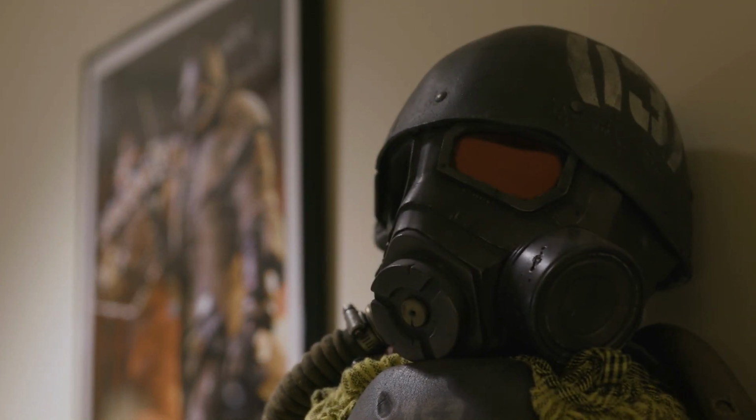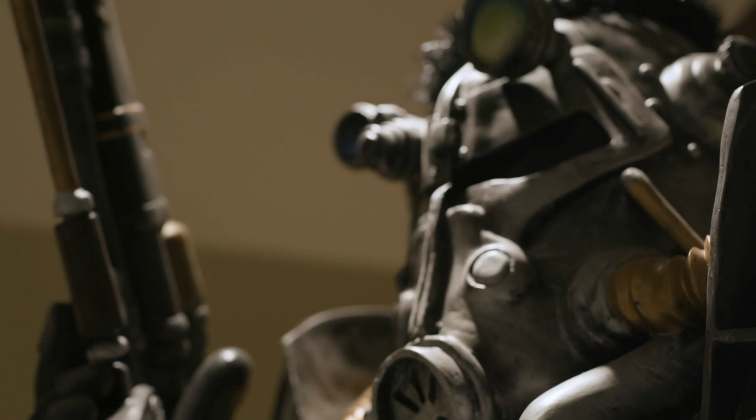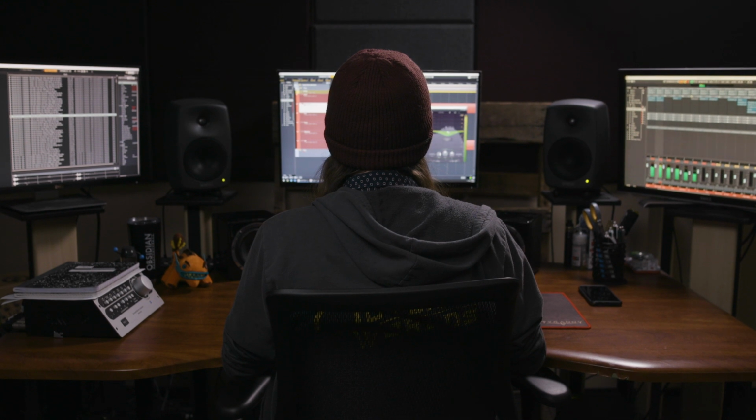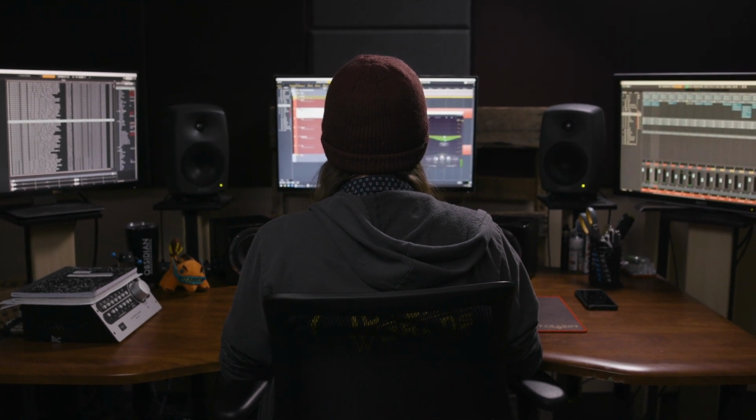I do sound design for all of the different facets of audio in a game. Specifically for The Outer Worlds, I worked on the weapon sound design. Weapon design is anytime a gun is fired or a sword is swung or hits something, all of those need to make a sound, and I am solely in charge of all of those sounds and making sure that they work within the context of the game.